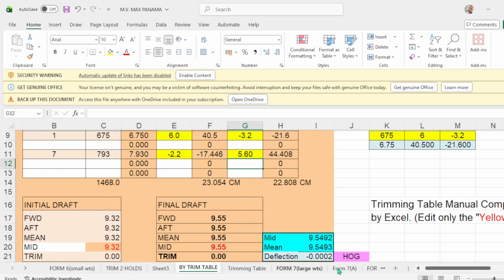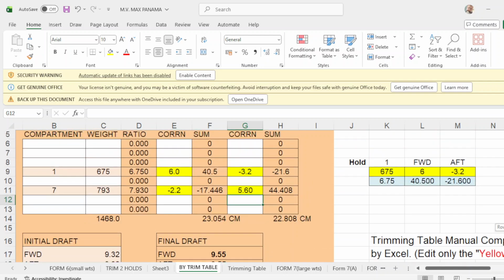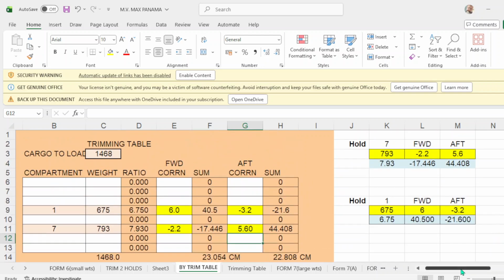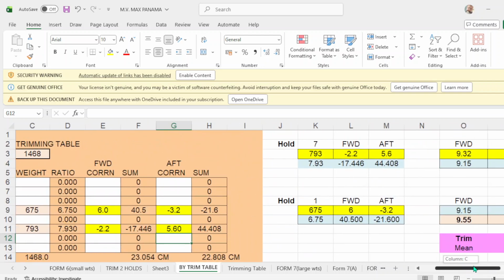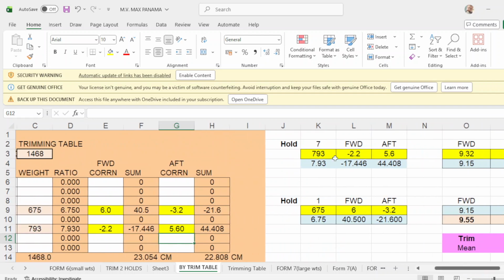By the way, this trim table, there's another solution here. When you load in hold number 7, because you want to have a trim, you first load in hold number 7, which is 793.